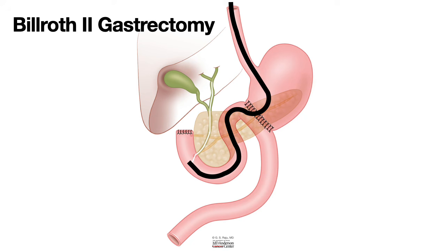So, as you can see here, the anatomy of the Billroth II. You have the stomach, the distal portion of the stomach has been removed, the duodenal limb has been closed, and the gastrojejunostomy has been created, and you have an afferent limb and an efferent limb. Afferent, A-F-F-E-R-E-N-T, afferent limb is the one that you take to reach the